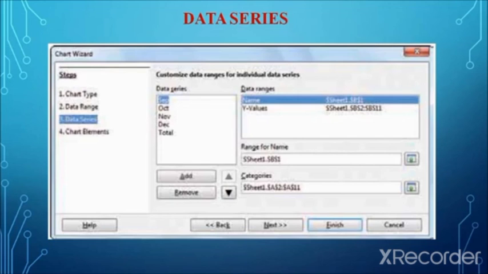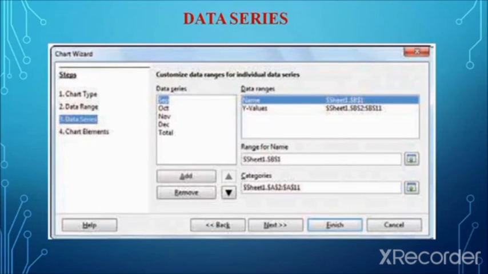In this step, the user can fine tune the data to be included in the chart. If the user doesn't want to include any column, click on the column name listed in the data series box and click on the remove button. In case the user wants to add some more columns, the user can use the add button. Like that, the user can either add or remove the existing column names.